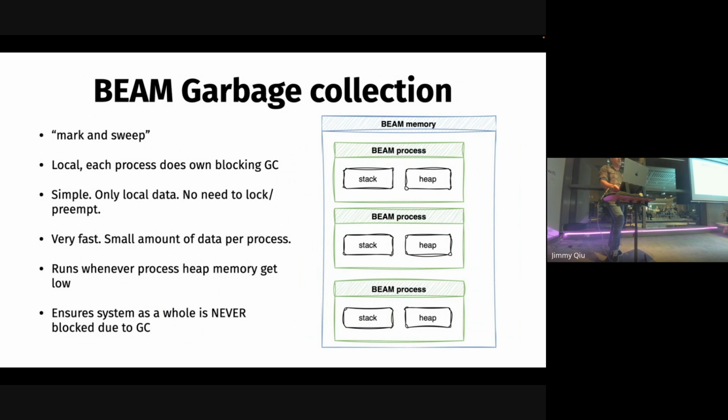And also, when we talked about reductions before, like you get the 4,000 reductions, this can count as part of those reductions. If you've got something that's producing a lot of garbage, that gets penalized and it gets less of a chance to run and impact the rest of the system. For good or worse, if you've got some bad code, it's good. If you've got code where you want it to do that, that's something you've got to tune.